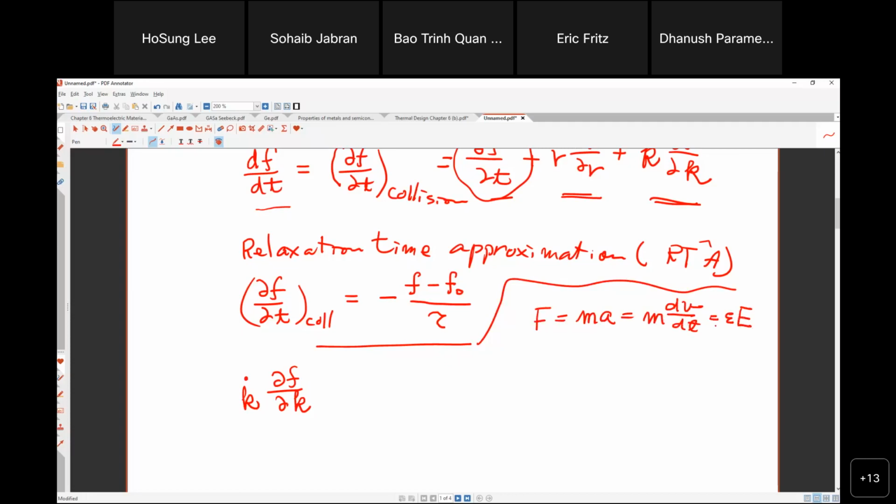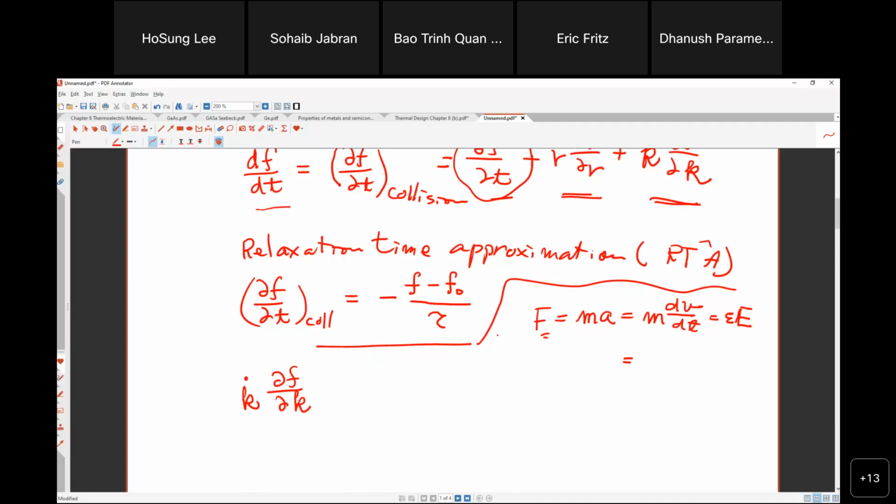Okay, if there is electric field, Coulomb forces. This is always. So it turns out like that. Okay, now, so this is because